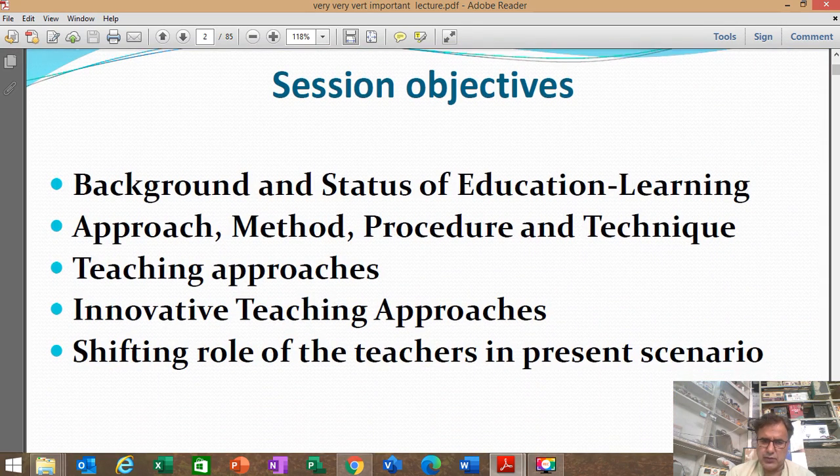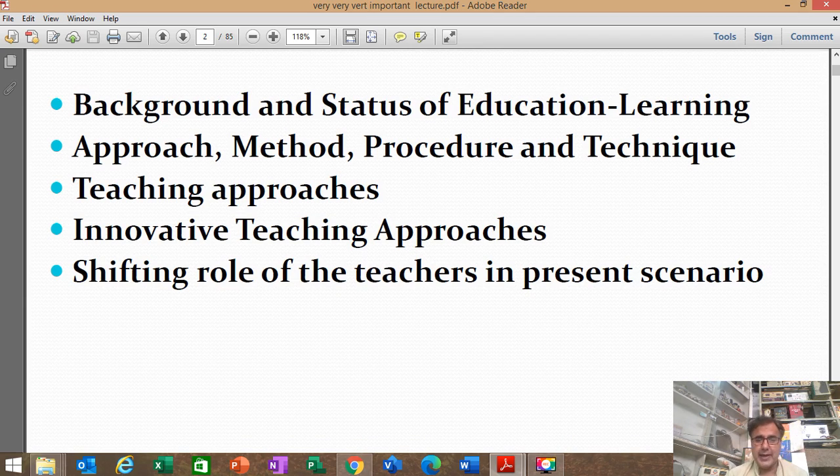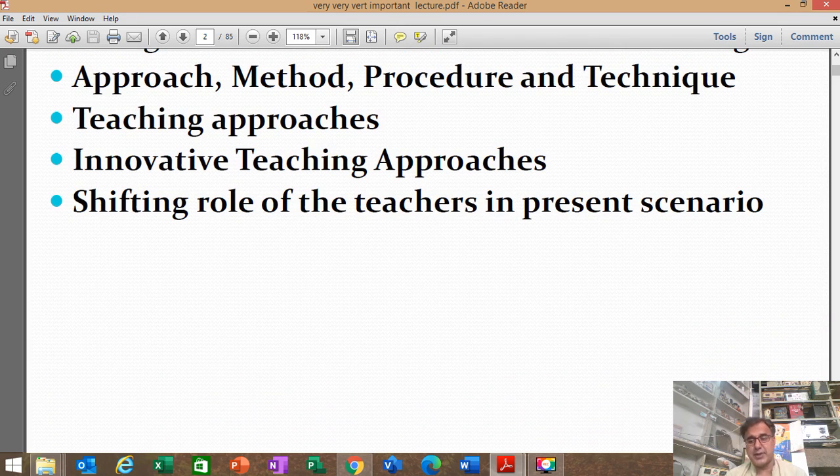These will be the session objectives. Basically, we'll be talking about the background and status of education, learning, approach, methods, procedure, and technique. These are very important. I'll talk about what is an approach, what is a method, what is a procedure, and what is a technique. And I'll talk about teaching approaches and innovative teaching approaches, and the shifting role of teachers in the present scenario. Because the very purpose, since you are in the last semester of your degree,